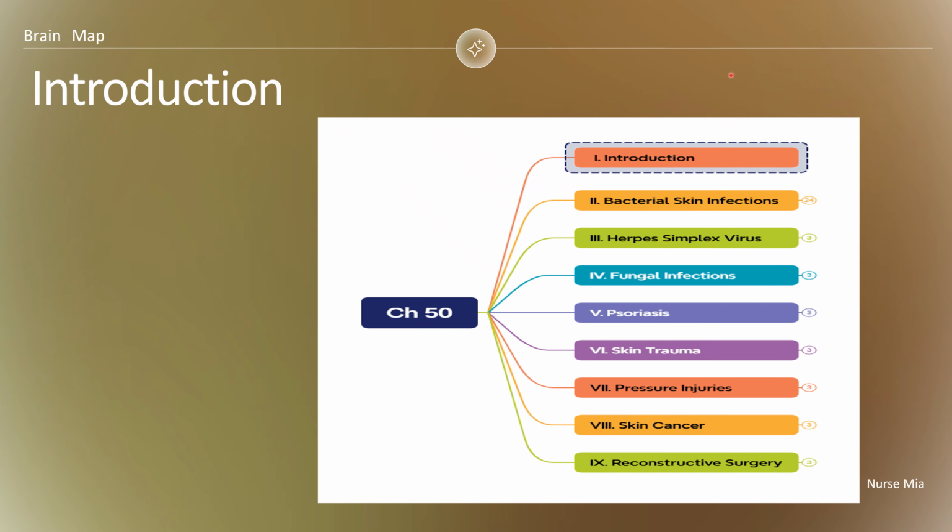Introduction. This chapter 50 is about skin, and we have these 7 skin disorders plus the recovery for surgery, which involves skin. But these 2 categories are talked about in the immunity unit. For skin trauma, they talk about burns, but it's also in the next chapter. Skin cancer was also talked about in a previous chapter, and also in the cancer chapter that was related only to cancer. And we start with the introduction. We repeat again that